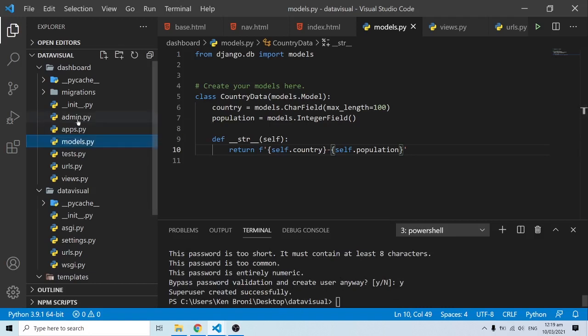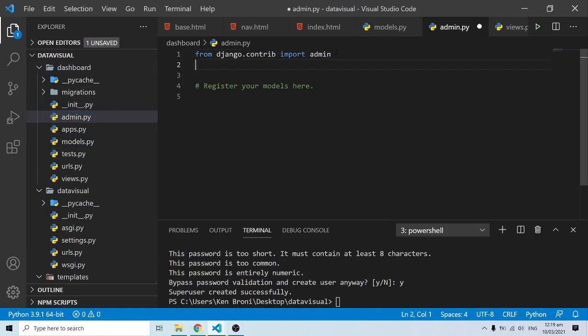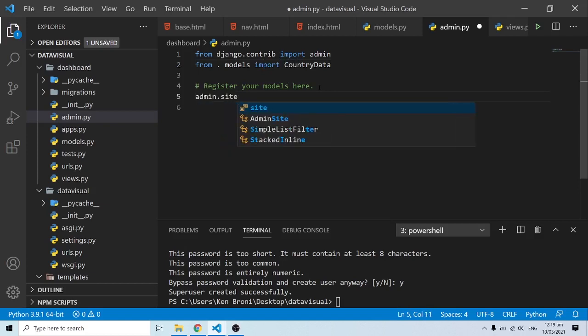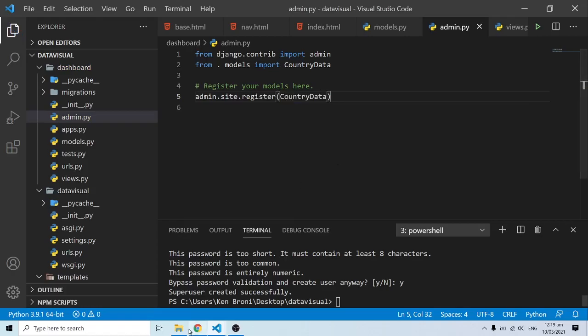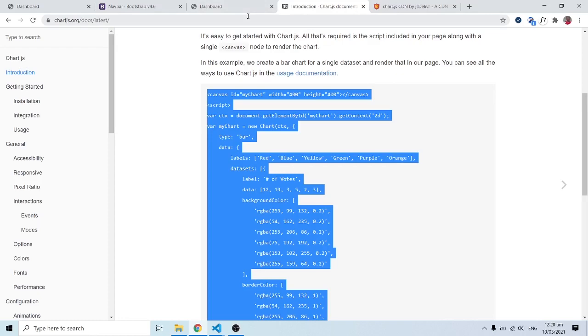What I need to do is to go inside the dashboard app folder, coming into admin, and register our model so that you can see it on the administration panel. So what I'm going to do is I'm going to say from the current models I want to import, and the model I just created was CountryData. So I'm going to say admin.site.register, and what do I want to register? I want to register this CountryData model. So I'll save this, and when I come back here